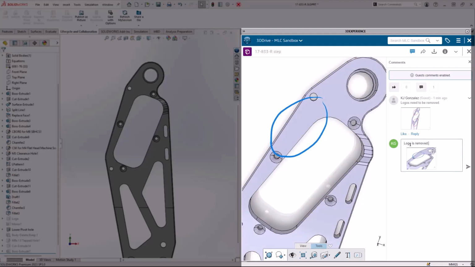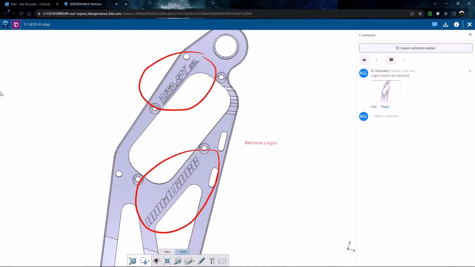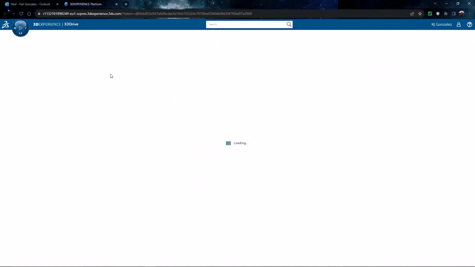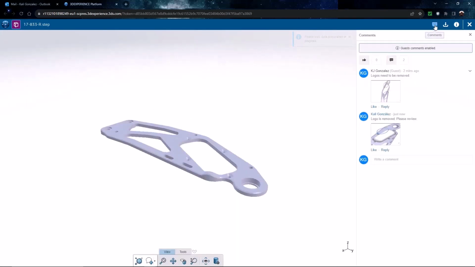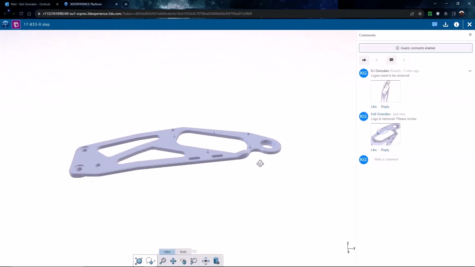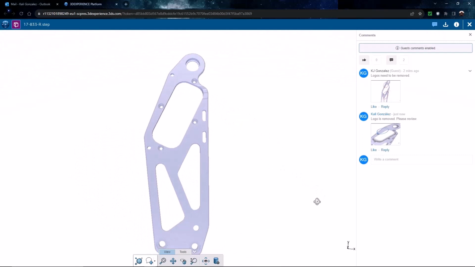So I'm adding my own markup directly from within SOLIDWORKS. Once completed, I will go ahead and hit send. Now, something to be aware of here is the recipient of the file is not necessarily going to receive a notification in this direction. Part of that is because they're not actually added to your company's 3DEXPERIENCE tenant, but they can refresh their browser, which I just did, or they can re-access the same link and the updated information will